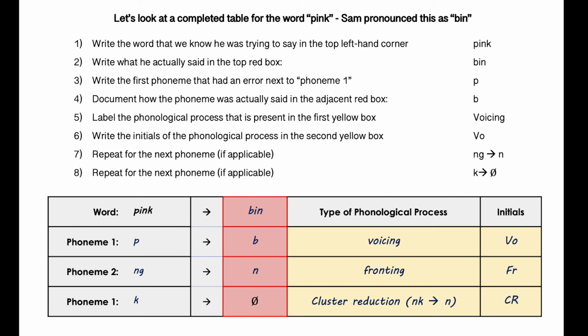But if he said pink as bin, we can now analyze it and say, all right, well, the first phoneme is a P and it's gone to a B, so I'm going to write voicing. And I could just put initials. We did a little bit of this. Do you remember back in topic 3? Yeah. And then because the N in pink, it's an NG. And now he's saying that as an N. Can you see how people might miss that one? Because the spelling is N in pink, isn't it? Would you have realised that, Ali, that pink is actually